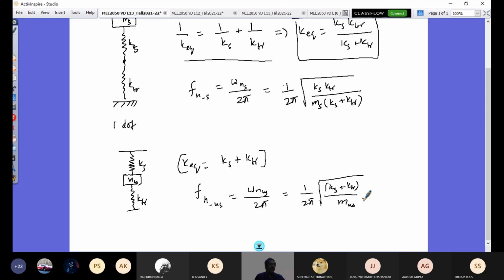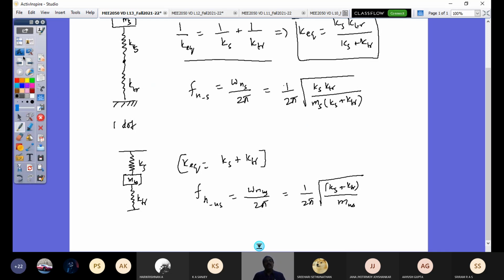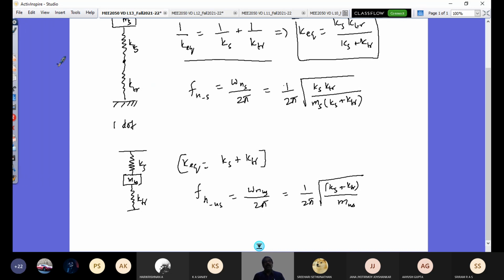So this is permitted, or this is the design of your passenger car, because of your body mass and the unsprung mass proportion, and the stiffness of the suspension and the tire stiffness values, right? So this you should remember. And there are some important points that we will look at now, important understanding of what we have done so far. And then we will go in for finding out the amplitude ratio for the given road